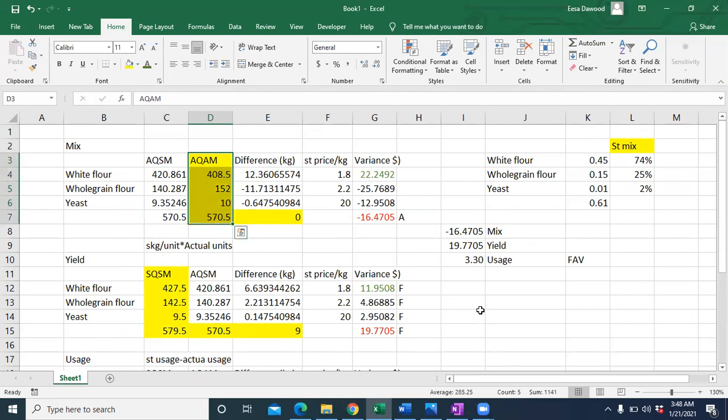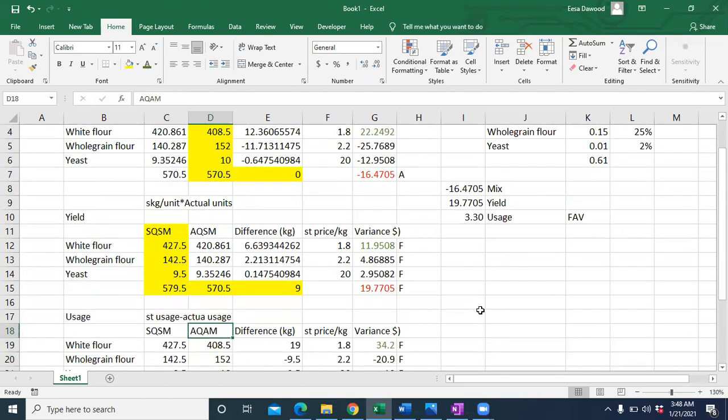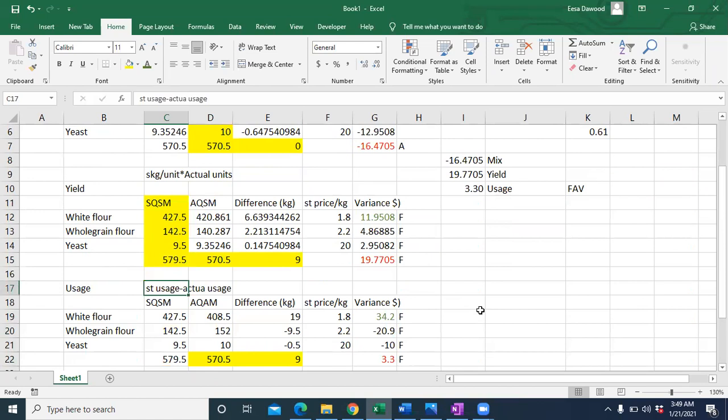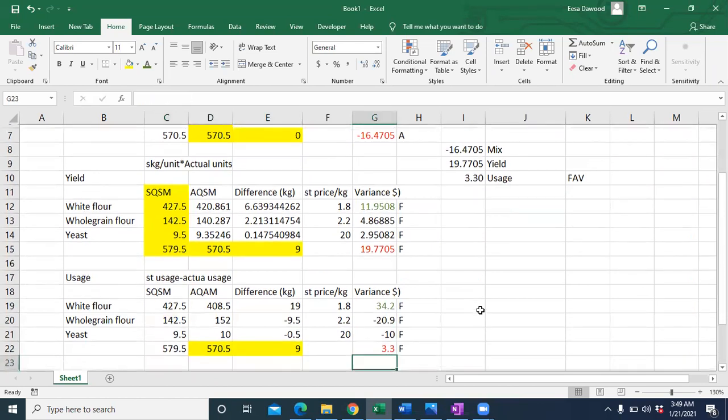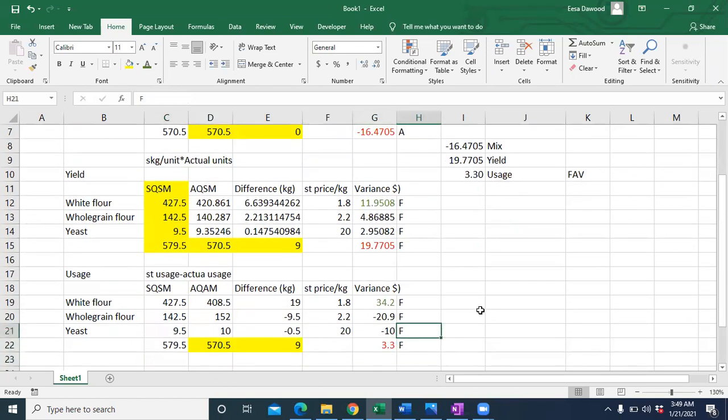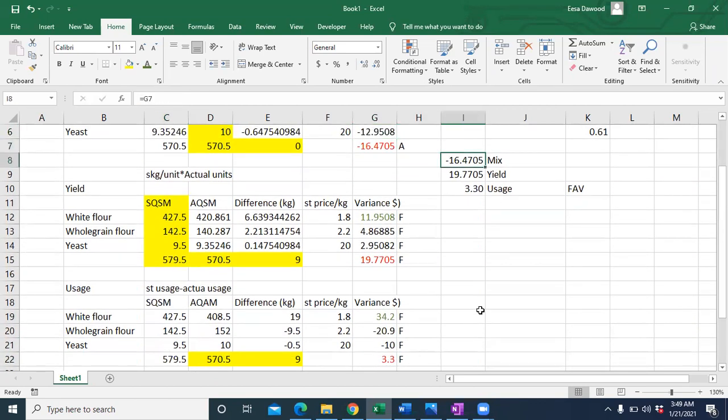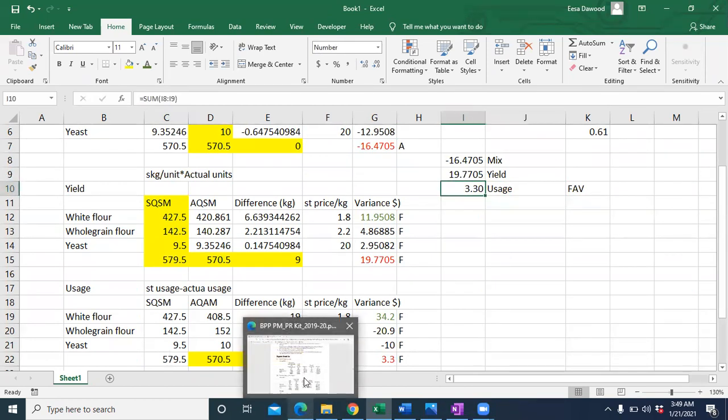The first column of the mix would be the second column of the usage variance, and the first column of the yield variance is basically also the first column in the usage variance. I just copied it down here and haven't done anything else, and this is favorable. The usage variance is favorable. Even if I net off both these figures here, this is mix and this is yield, it gives rise to favorable variance. And we need to write the values up to 2 decimal places.